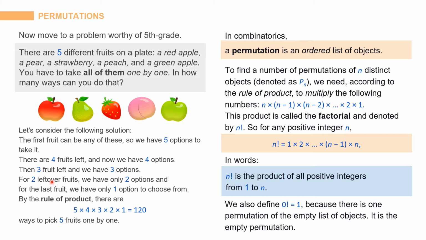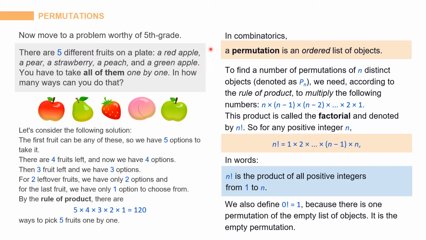Now there are only 2 pieces left, so there are only 2 ways to make the 4th selection. And since there's only 1 piece of fruit left, that decision is kind of made for us. So by the product rule, we have 5 choices for the first choice, 4 choices for the second, 3 for the third, 2 for the fourth, 1 for the fifth. So 5 times 4 times 3 times 2 times 1, which equals 120 ways to order the picking of these